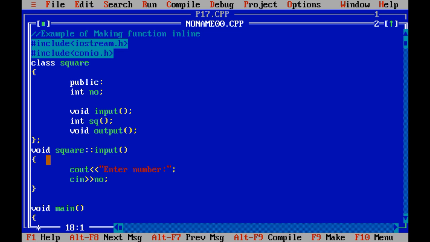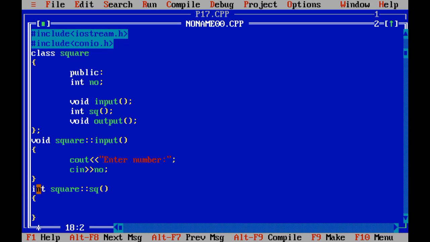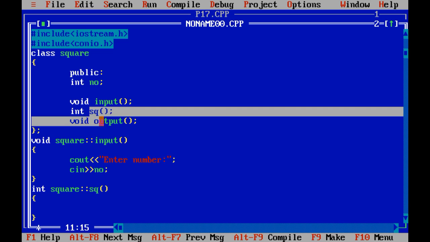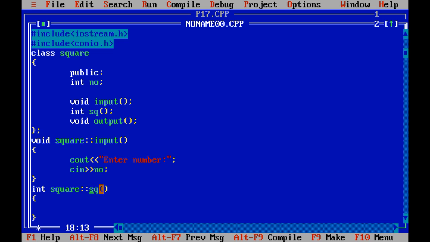Again I want to develop integer sq. What we need to do is write the return data type, then the name of class, square, the scope resolution operator, and the name of method, sq. Now I need to write a return statement: return number into number.